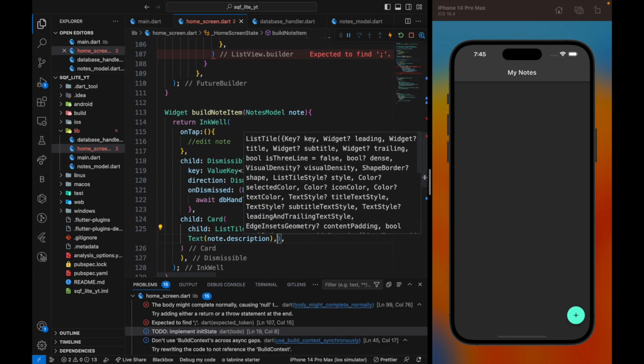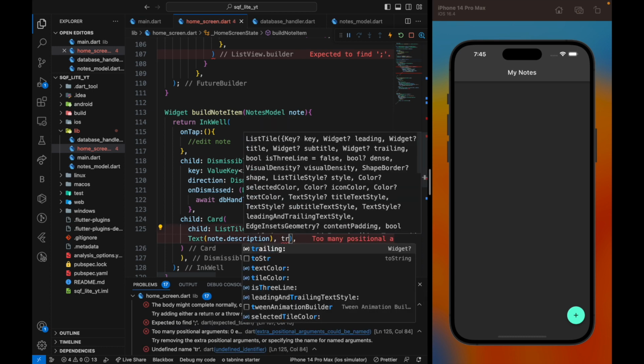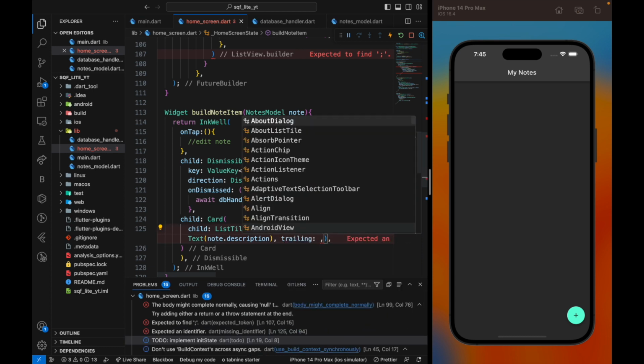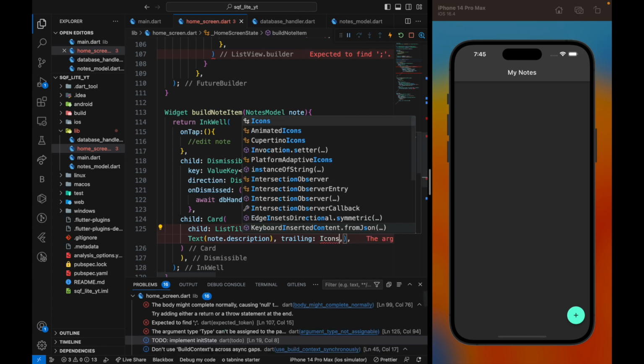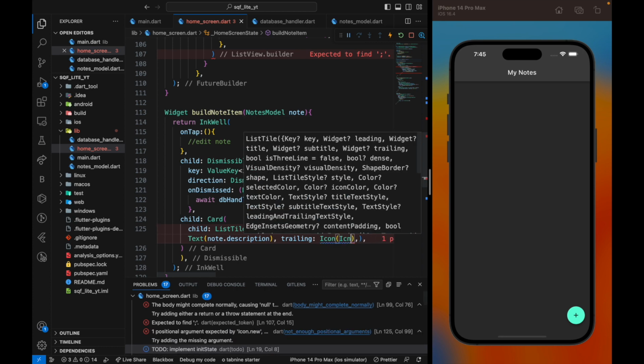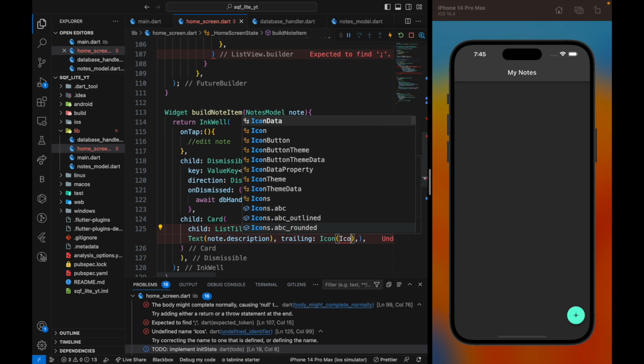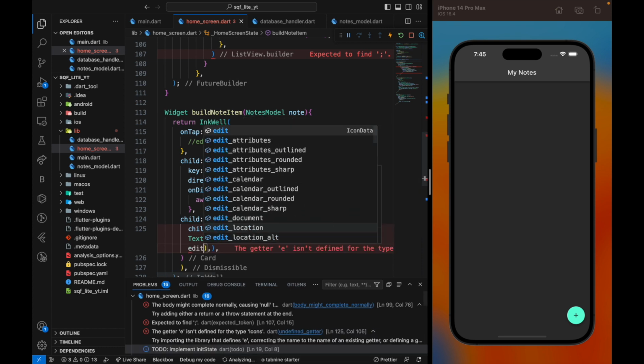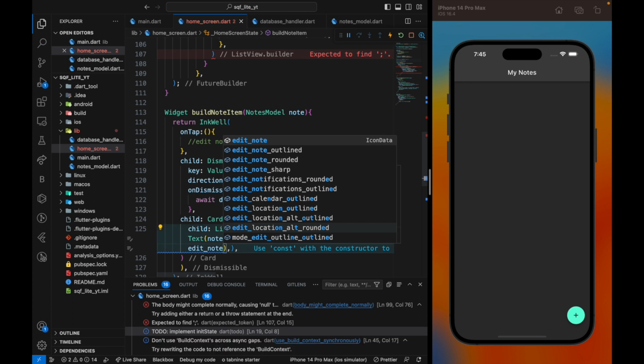And then we also have a property called trailing, right? And this trailing is going to take an Icon of Icons.edit_note. Okay,